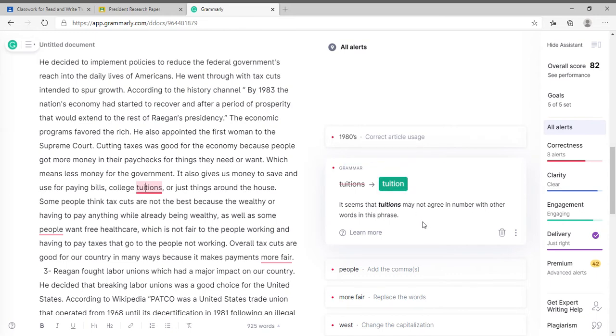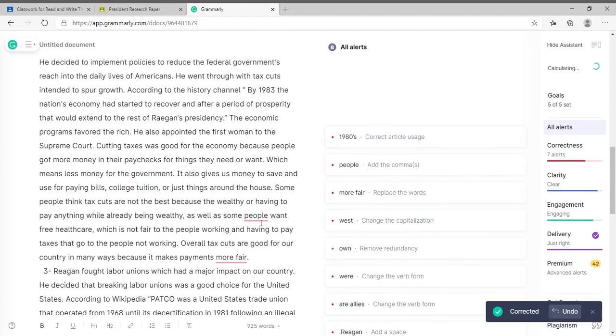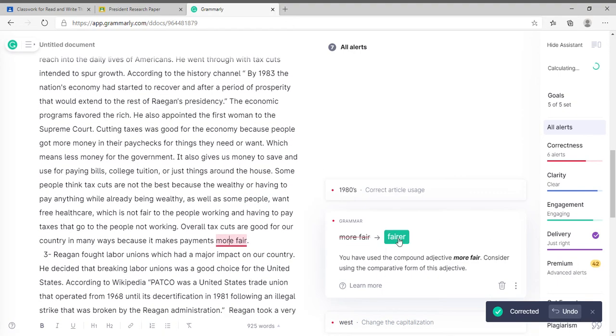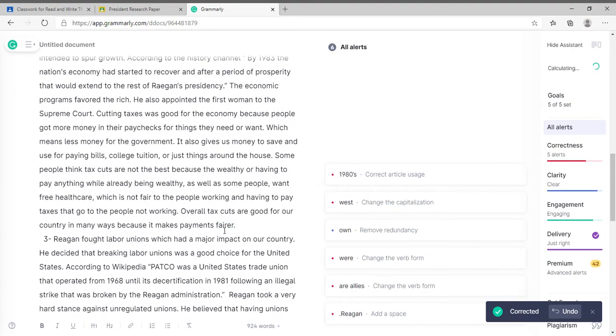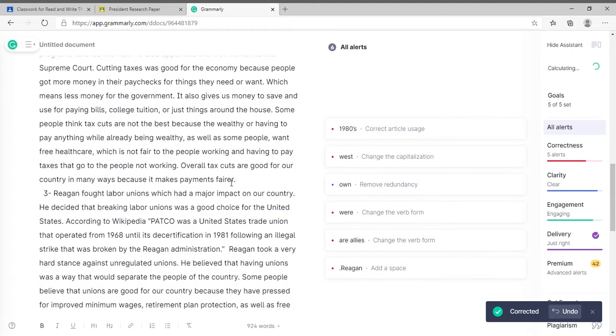Not agree a number with their words, words or phrases. We'll go with that. And some people, comma, fairer instead of more fair. We could say that. All right, I don't know if I like the word fairer, so I can double click